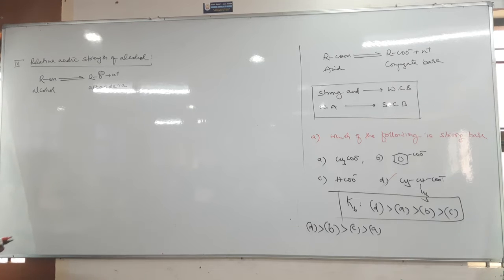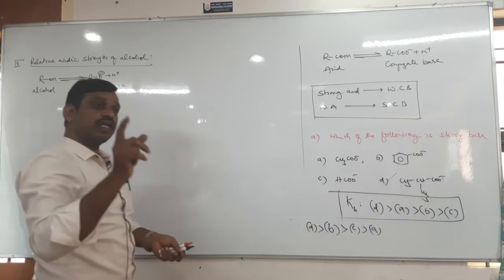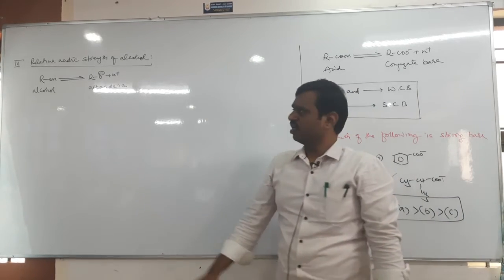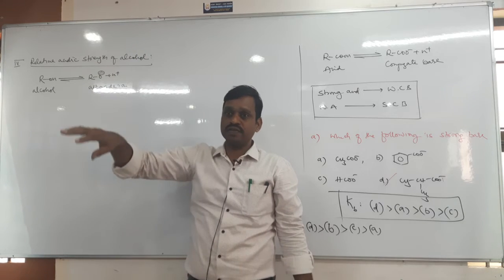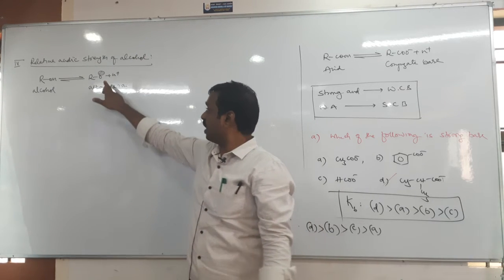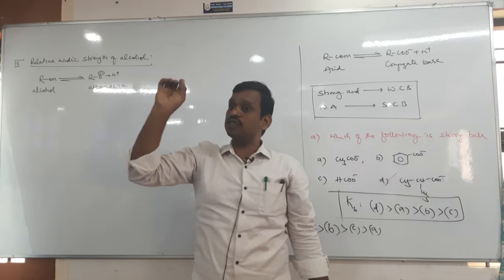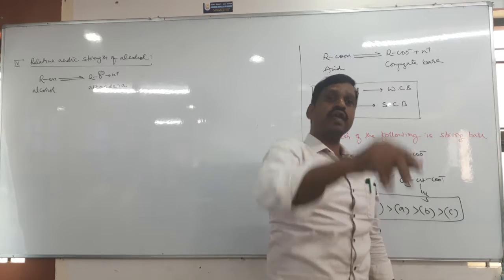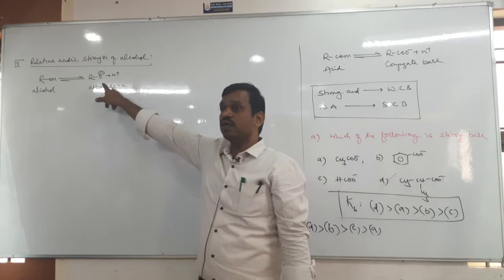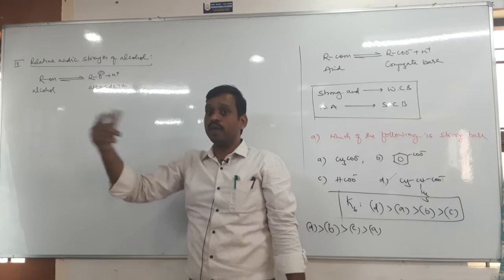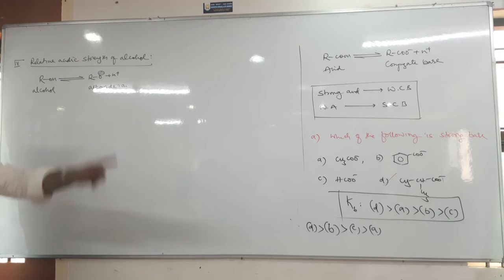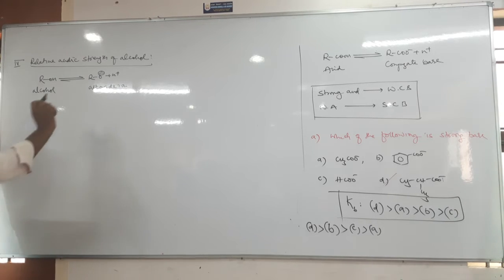Next, now the question is, alkoxide can be stable in which condition? Whether by an electron withdrawing group or a releasing group. Since it is an anion, you need not think, you need not memorize also. All anions are stabilized by electron withdrawing groups. All cations are stabilized by electron releasing groups. Therefore here, electron withdrawing group. Which is the electron withdrawing group among minus I and plus I? Minus I. Therefore acidic strength of alcohol is directly proportional to minus I effect and inversely proportional to plus I effect. That's it. So write 2-3 important points.